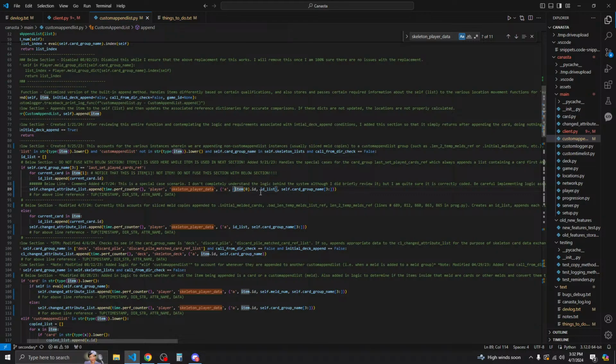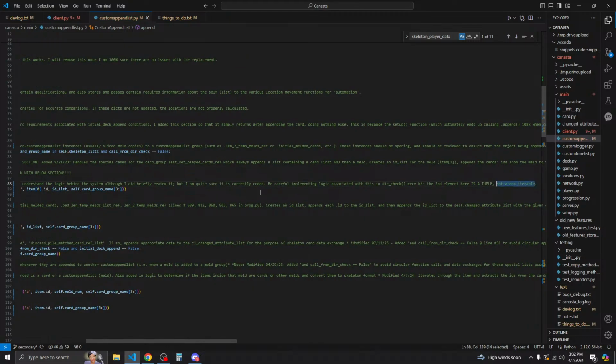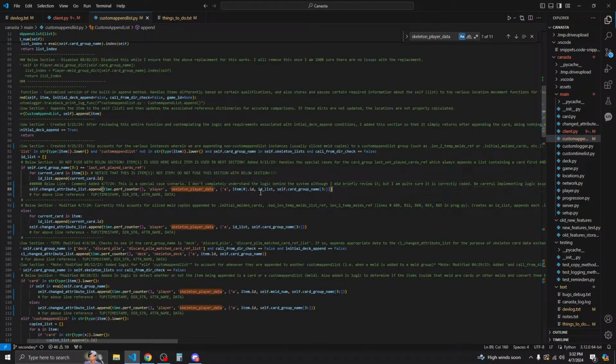I mean, the single tuple with individual elements. I feel like that would be the better way. I'm going to do that, because that's what we're going to do. Yeah, we're going to implement all this logic in dir check receive.